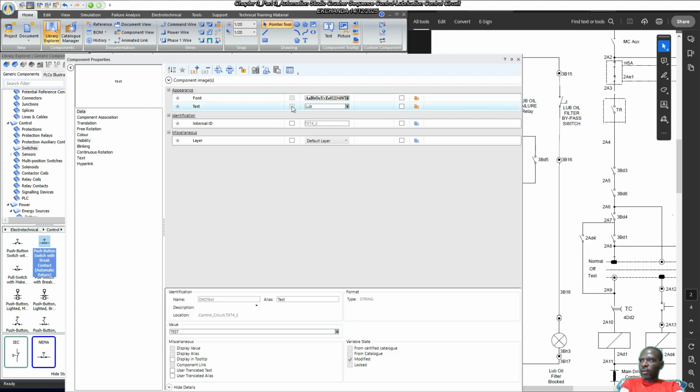So loop overflow stopped, loop overflow stopped indicator. Okay,